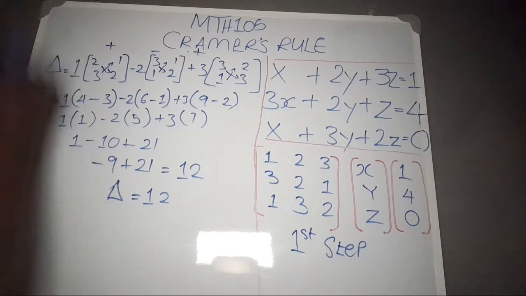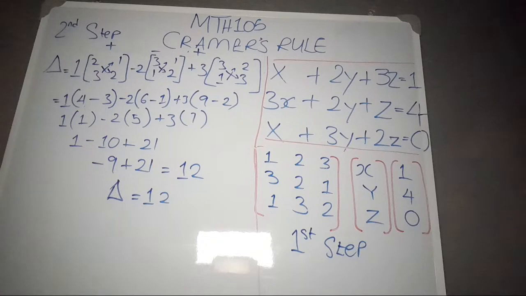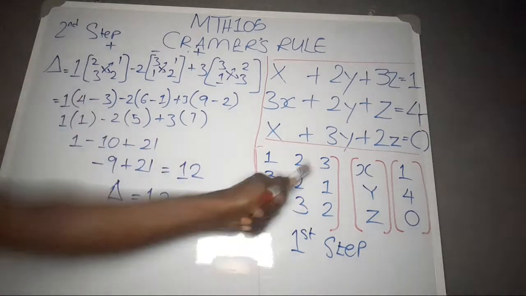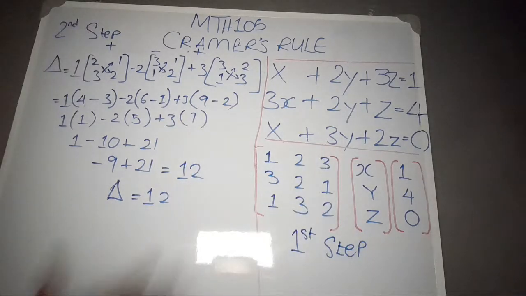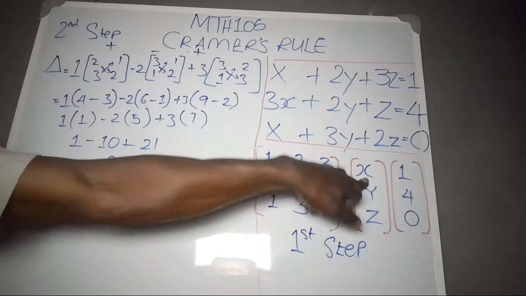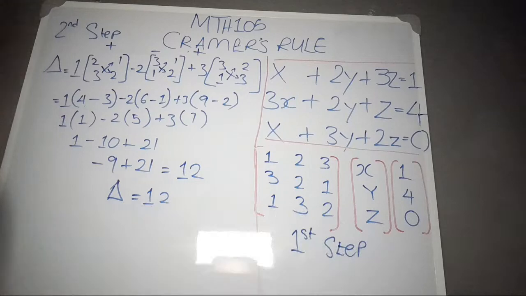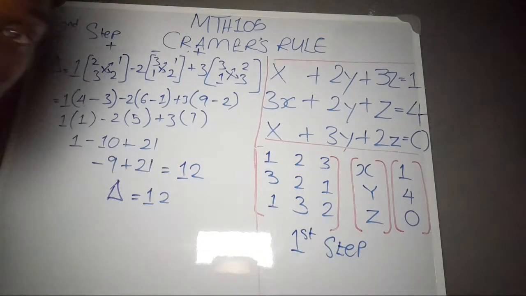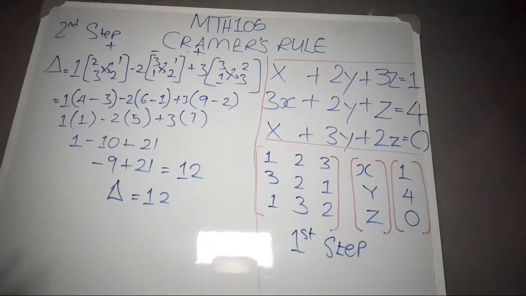So we have the second step, which is finding the determinants of this equation. This equation has to have a determinant to solve for x, to solve for y, and to solve for z. Now, to get these determinants, we have to solve for it. And how do we get the determinants of the equation? We then say